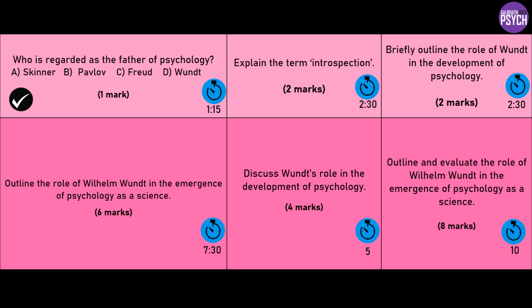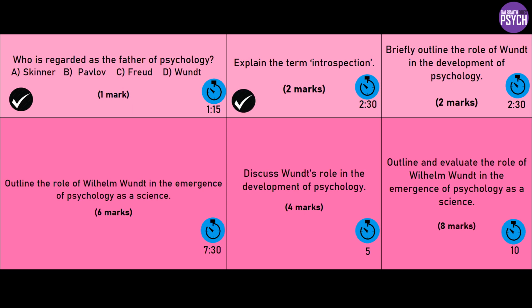Right, explain introspection. So for 2 marks, introspection basically was, Wundt would give the participants some kind of stimulus. It might be a physical thing to touch, like a rock or something. It might be something to listen to, like a tone he might play. And what participants had to do is reflect on their experience of that stimulus. So he encouraged them to systematically reflect on their internal experiences in response to a specific stimulus. Things like sensation, perception, those sorts of areas. Okay? But systematic reflection on their experience.